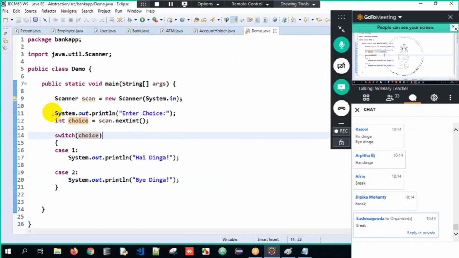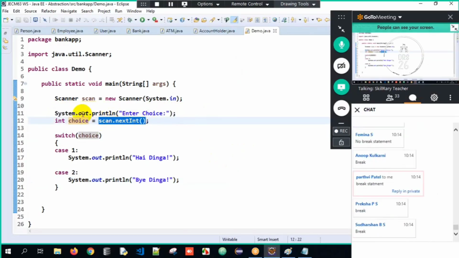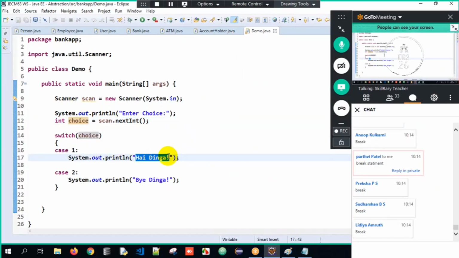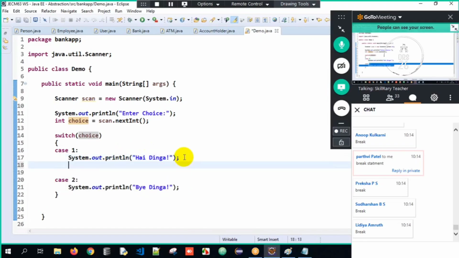The major reason is that as and when I give 1, the choice is 1. Switch of 1: is 1 equal to 1? Yes. Hi Dinga will get executed and automatically case 2 will also get executed. Therefore, in order to avoid it, we have to make use of break.